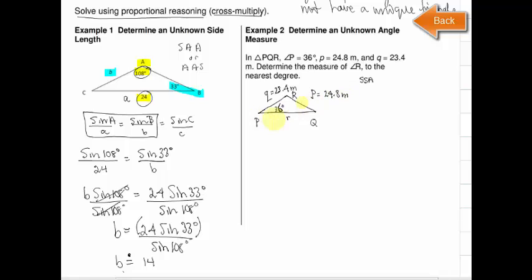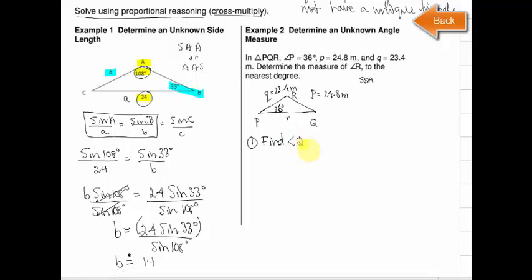So you can use the sine law on this one. The reason this is a two-part question is that I have angle P and side P, and I have side Q. If I want to use the sine law, the first thing I need to do is find angle Q. So my first step is to find